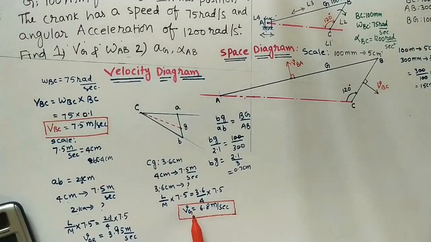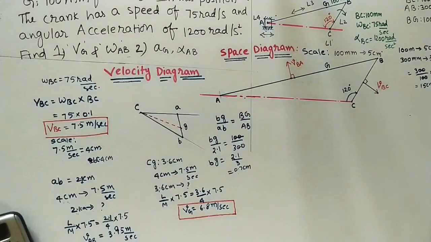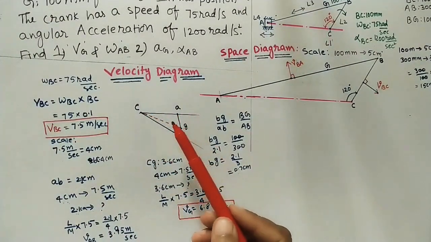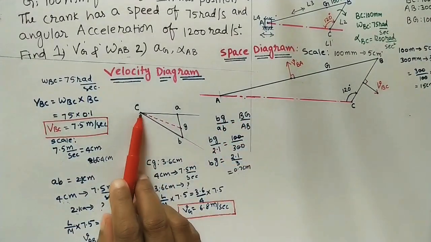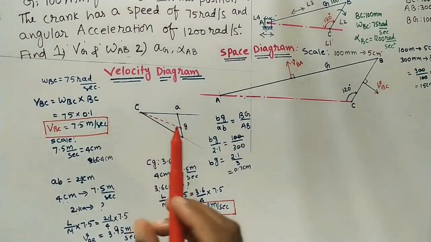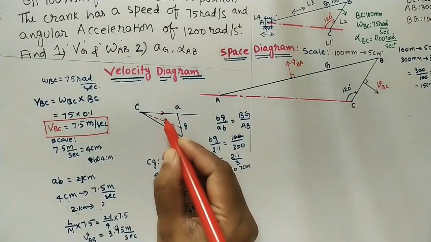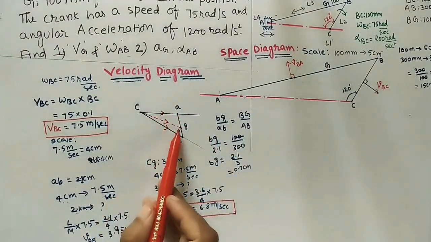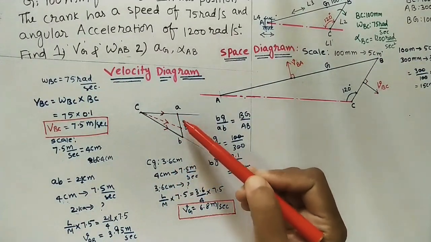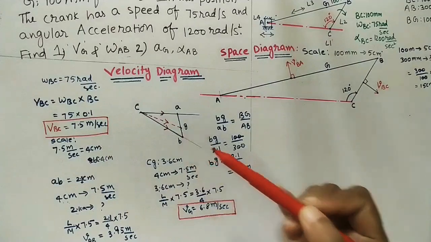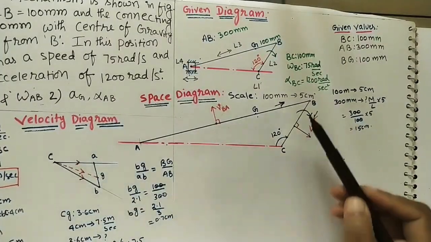So always remember we have to find the velocity of G by taking this distance. Now this is the complete velocity diagram. In it, mark the arrows. Directions are important. Always mark the arrow from the fixed point. For all these three lines, mark these arrows. Arrows are always coming from the fixed point. If you are taking the arrows on the AB line, just take the B point, which is here on the connecting rod.